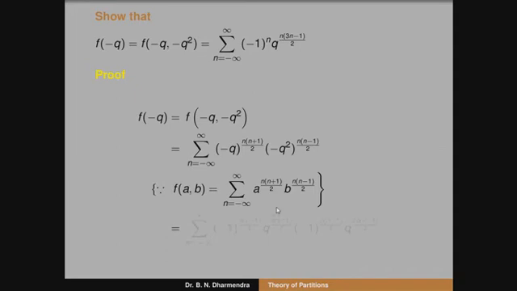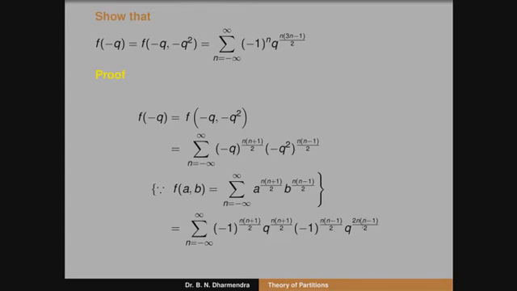We can write the terms, and also we have to split the terms of minus 1 to the power of n into n plus 1 by 2 into q to the power of n into n plus 1 by 2. Here the terms is minus 1 to the power of n into n minus 1 by 2 and q square whole to the power of n into n minus 1 by 2. So, that is summation n running from minus infinity to plus infinity minus 1 to the power of n into n plus 1 by 2 into q to the power of n into n plus 1 by 2 into minus 1 to the power of n into n minus 1 by 2 into q to the power of 2n into n minus 1 by 2.